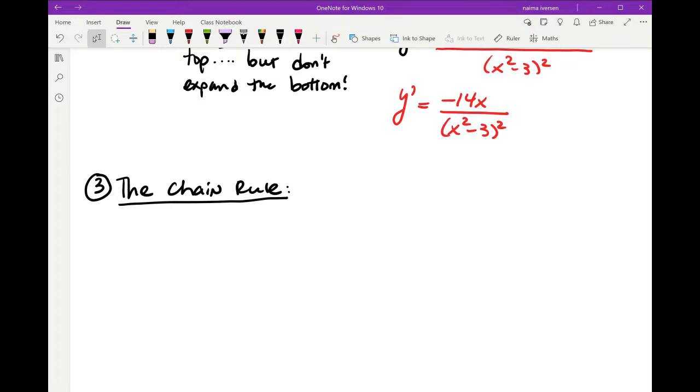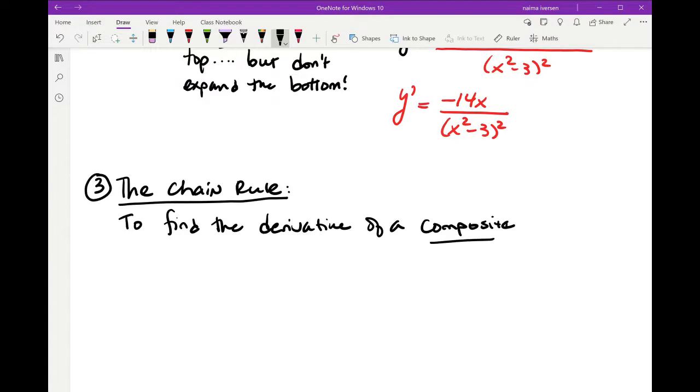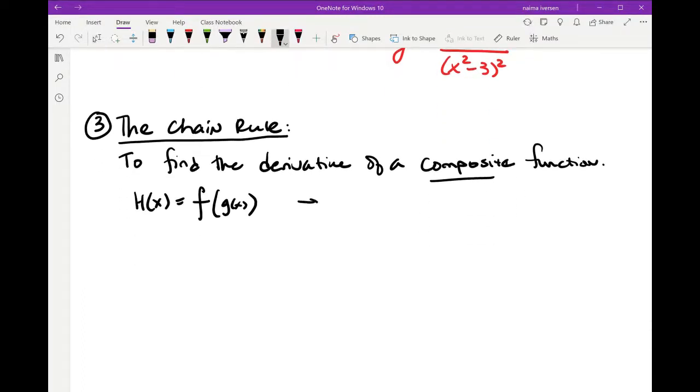But the chain rule is for us to find the derivative of what is called a composite function. And what I mean by that is that your h of x that I'm looking for in this one is going to be f of g of x. One function is tucked inside another. And what we need to be able to do is find h prime of